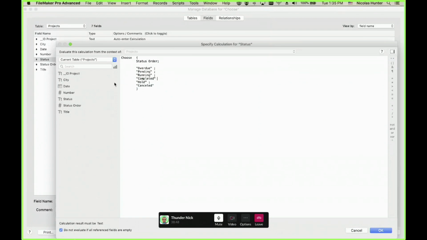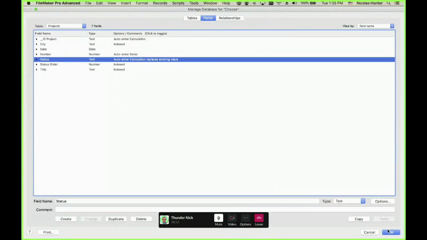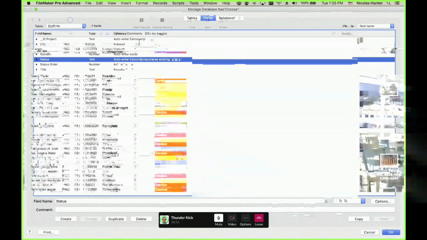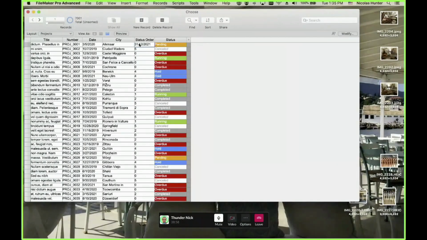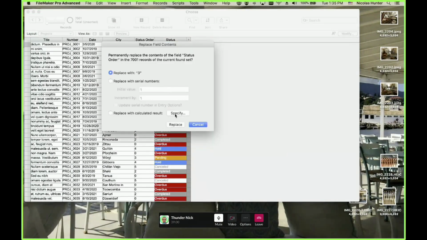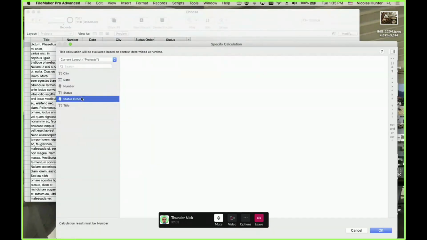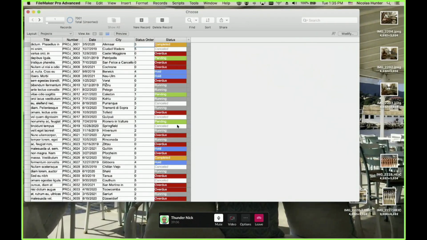So everything changed, right? Now my number two changed completely. So what I do, I update my auto entry calculation here, right? And then bam, it changed. Now my green is pending.